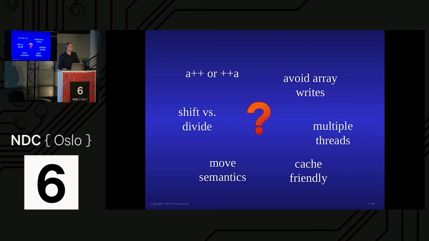And then you'll get some people who might say things like, avoid array writes. This is one that Andrei Alexandrescu says. Yes, array writes do have a problem because you have to do a read and a write, and you can't put them into registers. Yes, that's fine. If you're finding that's a problem, then probably there's something else that you're dealing with. What's the bigger picture here? Oh, well, move semantics, they're going to be great. Big thing in C++11. Yes, they're a performance advantage. When? Why? How do they fit into this picture?